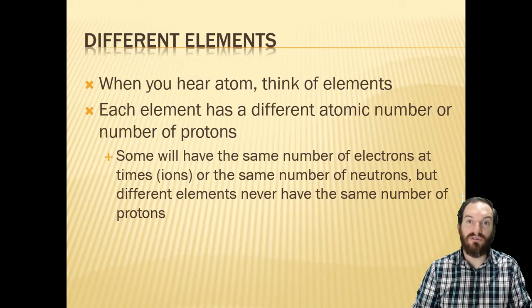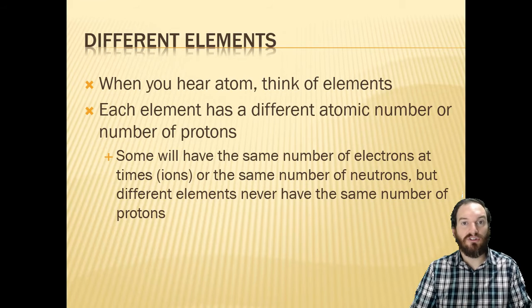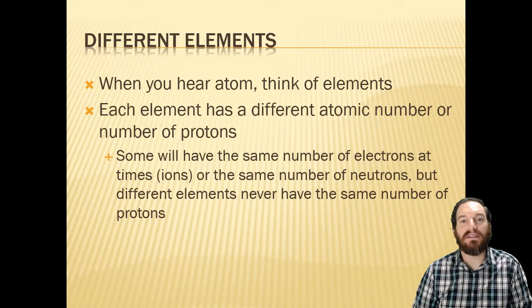Now, the other way it could go, if you lose electrons, you take away electrons. Now, you will have more protons than electrons. So you took away negative charges, which means that overall, you have more of a positive charge. As you have more of a positive charge, you are going to be referred to as a cation. So a positively charged ion is a cation, a negatively charged ion is an anion.